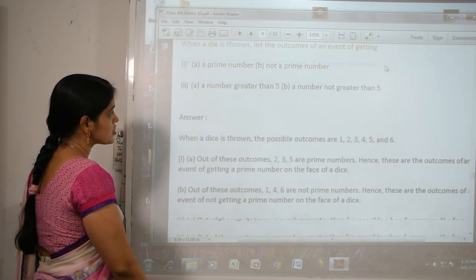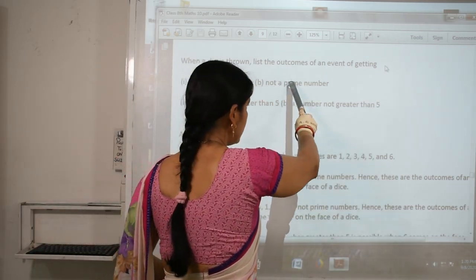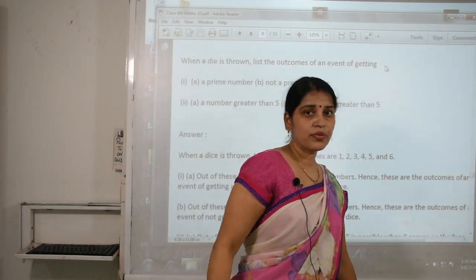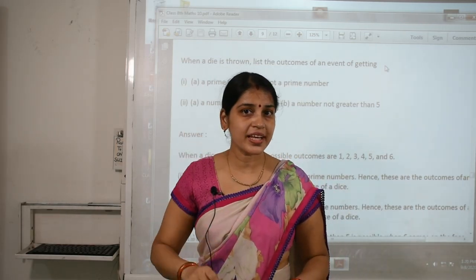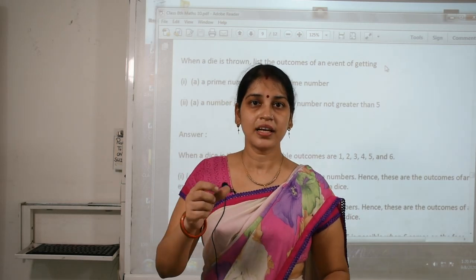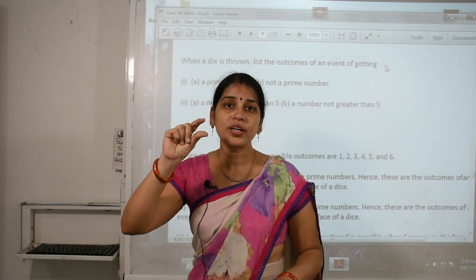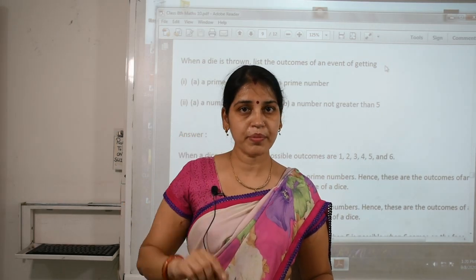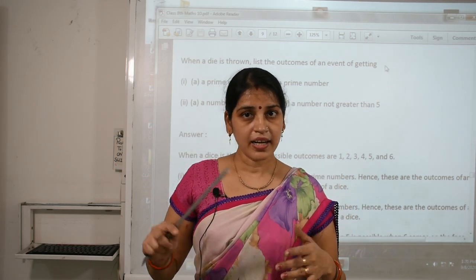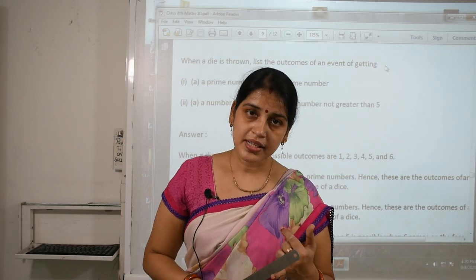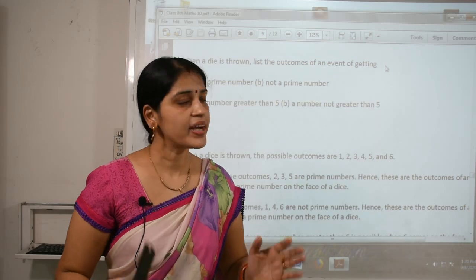Now let's see next question. Next question is, when a die is thrown, then list the outcomes of an event of getting. अब बेटा आप जानते हैं die क्या होता है. Die you are using when you are playing the games, है ना, like snakes and ladders खेलते हैं ना आप, उसमें यूज़ करते हैं die. So dice has numbers, उसमें नंबर मेंशन होते हैं. नंबर्स कहाँ से स्टार्ट होते हैं उसमें, 1 एंड अप टू 6. सो टोटल नंबर्स आर मेंशन इन द डाई इज 1, 2, 3, 4, 5 एंड 6.